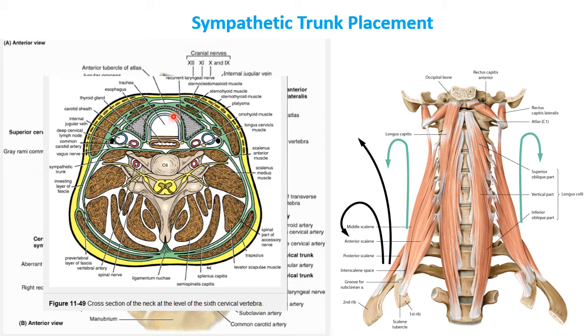Then the midline structures of the neck are the esophagus or the pharynx, depending on what level we are dealing with. Here it's the esophagus because we are at the C6 cervical vertebra. Anterior to it is the trachea, or it would be the larynx in the upper reaches, and more anteriorly is the thyroid gland. So the viscera occupy the midline. Laterally is the neurovascular bundle. Anteriorly are the muscles of the muscular triangle. On the side, the head and neck is wrapped by the sternocleidomastoid as well as the trapezius with the cervical fascia.